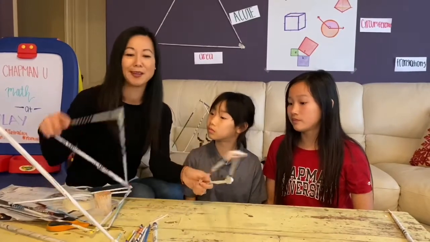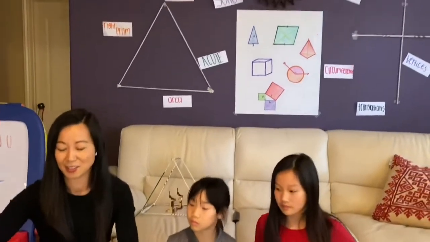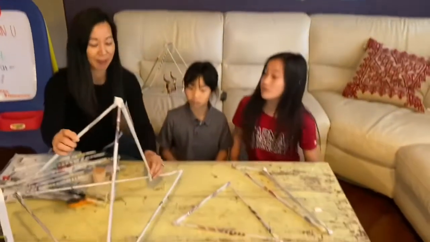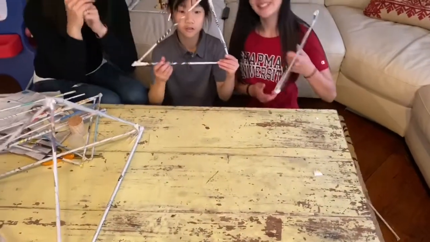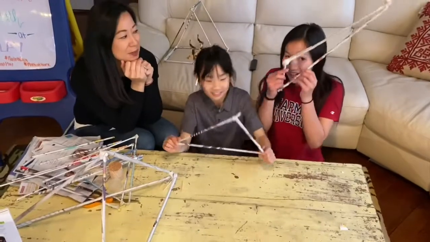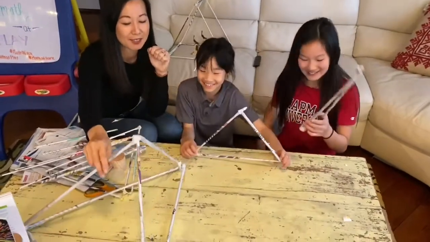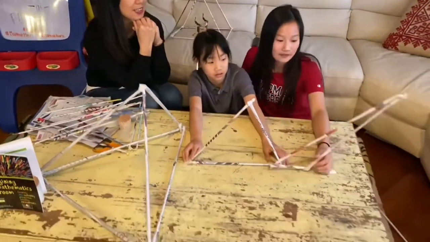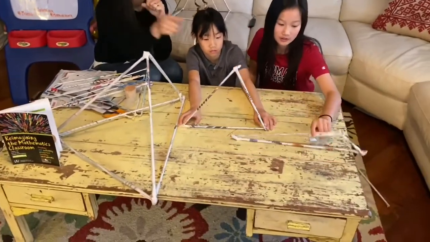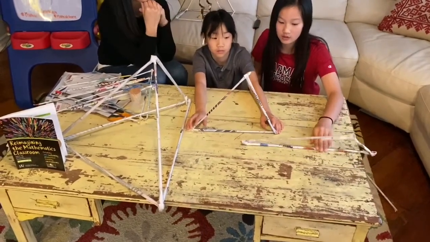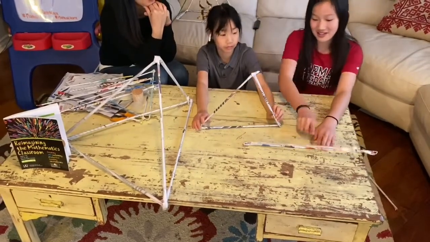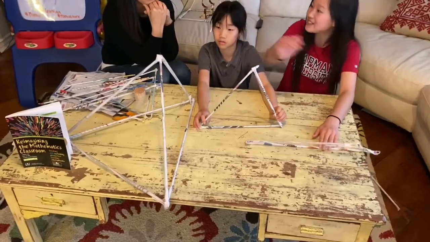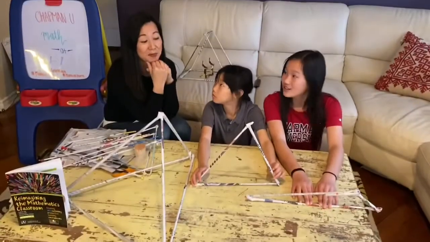It might be having 3 geometric representations like the 3 we have right here. We can have each of us lift one so you can see them. And I might ask you, what is similar about all 3 of these geometric representations? Can you tell me one thing that's the same about all 3? They're all triangles. What do you mean by that? Like this one's a triangle, this one's a triangle, this one's made up of triangles. Okay. Can you tell me something different